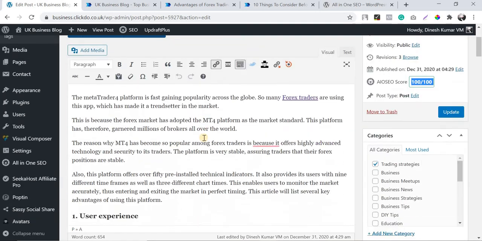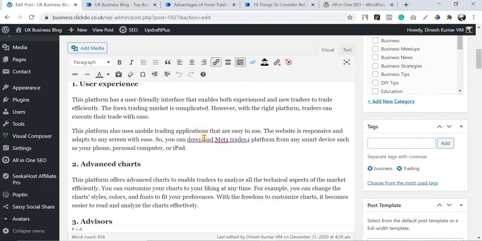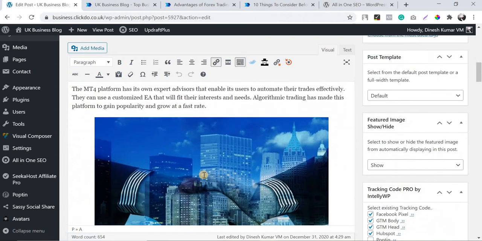So next is external links. When it comes to external links, obviously you can give 3 to 4 links with the same relevancy. The only thing is that you are linking to other sites. Make sure you are linking to higher sources, proper relevant sources like Forbes, Quora, even Medium. Even you can embed some YouTube videos. So make sure you are giving external links to proper relevant sources.